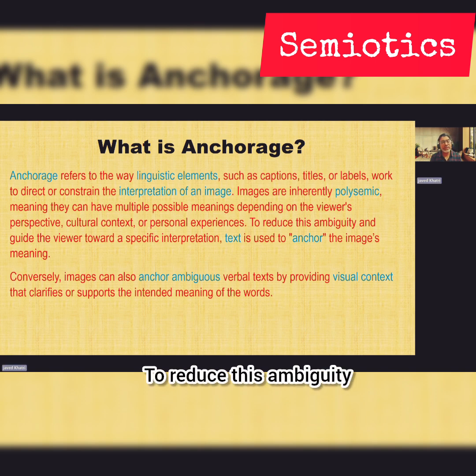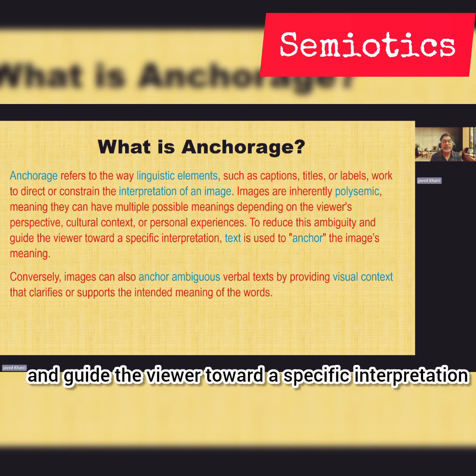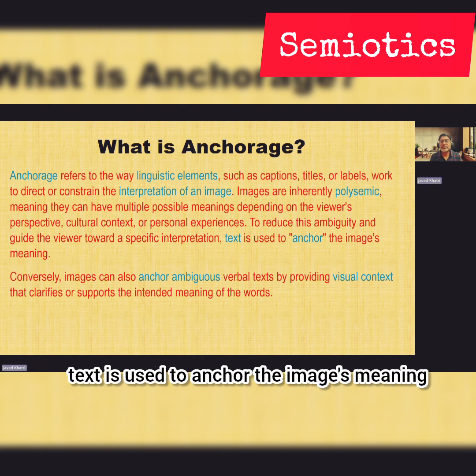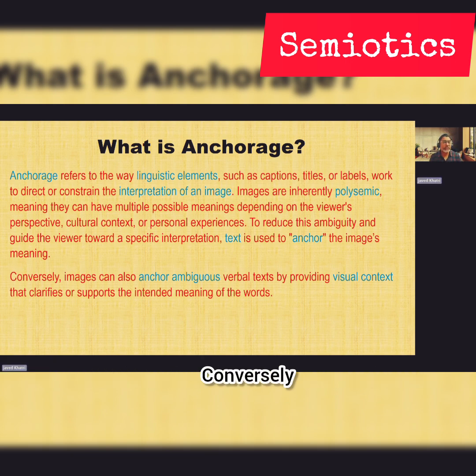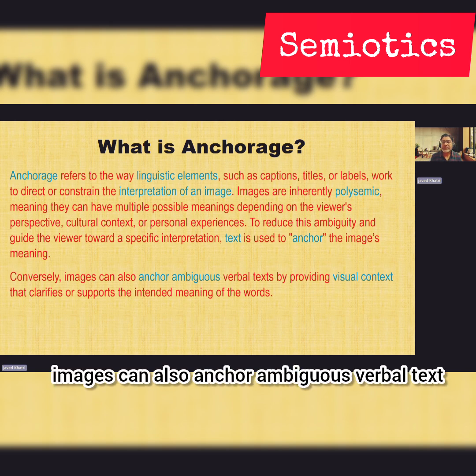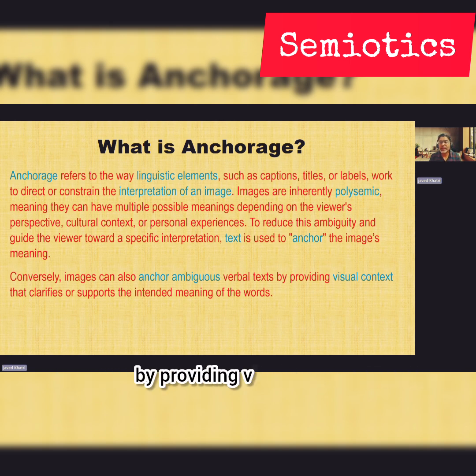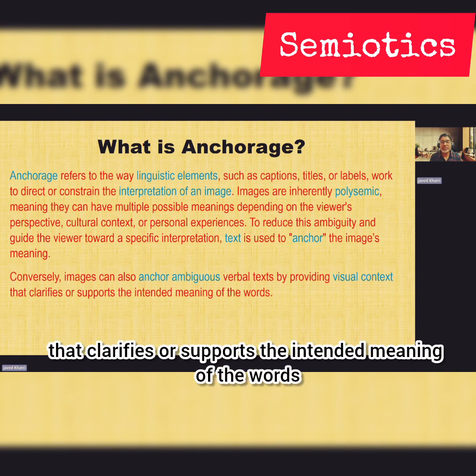To reduce this ambiguity and guide the viewer toward a specific interpretation, text is used to anchor the image's meaning. Conversely, images can also anchor ambiguous verbal text by providing visual context that clarifies or supports the intended meaning of the words.